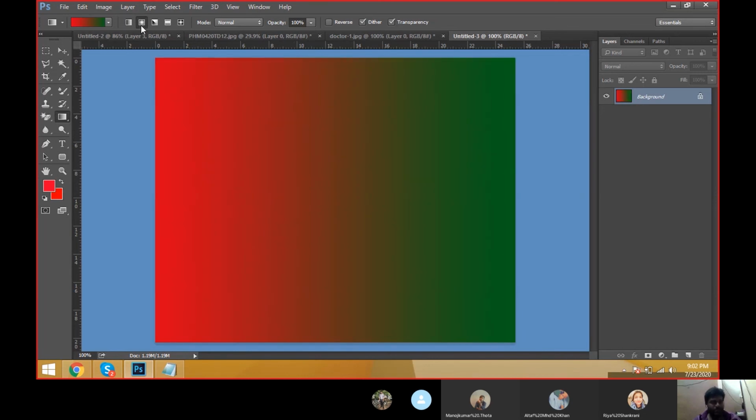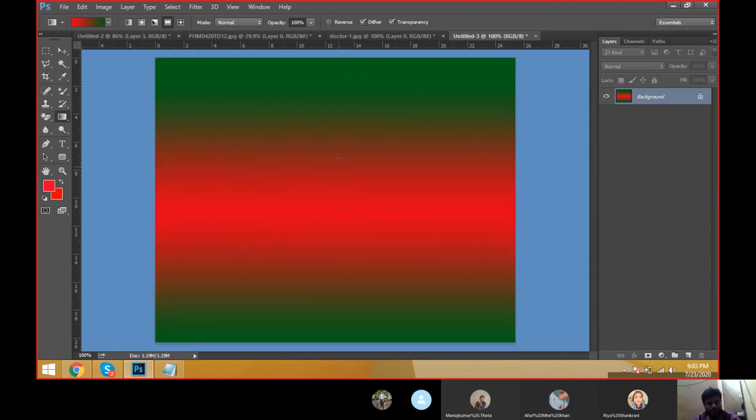And the second one is radial gradient. The colors will come from the center of the origin, in a round shape, like a blur style. And this is the angle gradient, which is nothing but one point; from that point the colors will expand. And the fourth one is reflected.